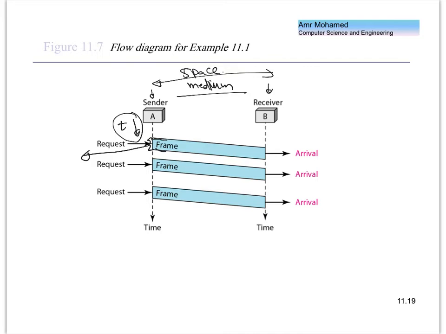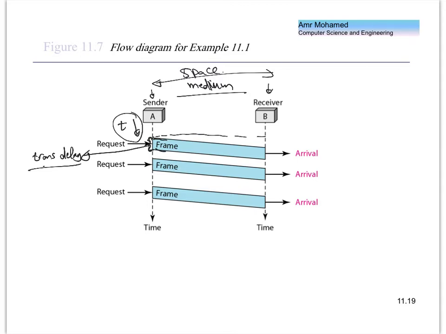So this is what we refer to as the transmission delay. This is the time that the sender takes to finish transmitting the frame until it puts it on the medium. Okay, then what happens is that,